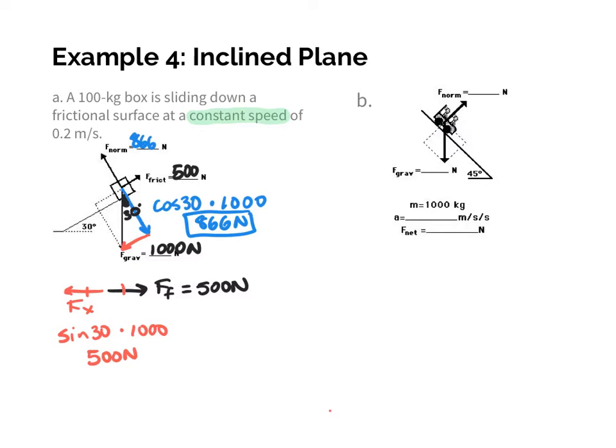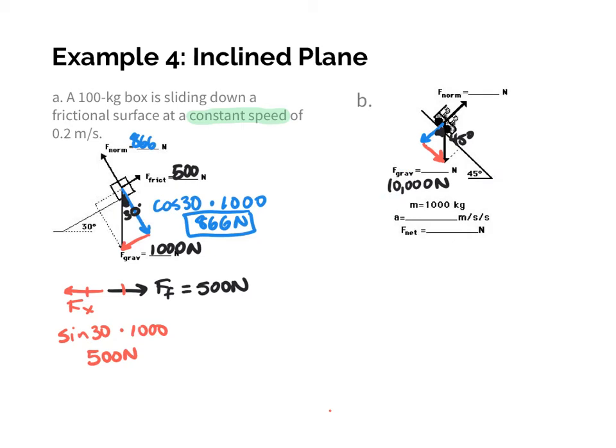But again, what happens here is we're going to break gravity down into its vertical component and its horizontal component. Okay, and we're doing that because now my surface is at an angle. And the angle right there, right at the tip by the surface, is going to be equal to the angle of incline, so 45 degrees. So if I know the mass is 1,000, then I know my force of gravity is going to be equal to 10,000 newtons. So each of these components, the horizontal and vertical component, are going to be a percentage of that